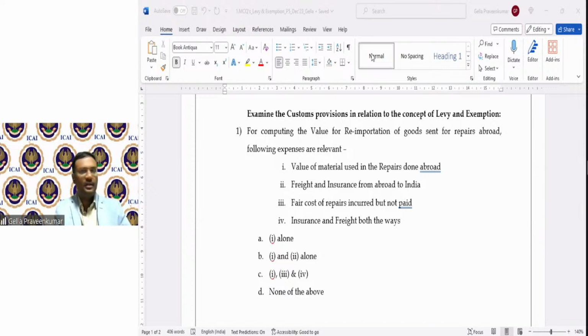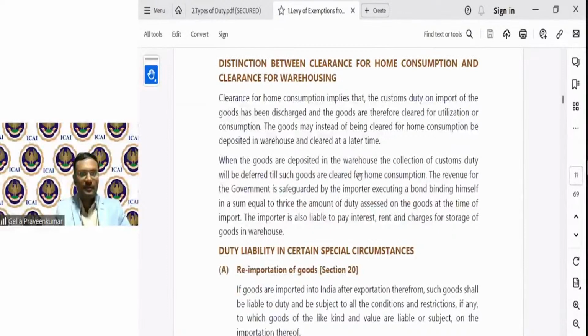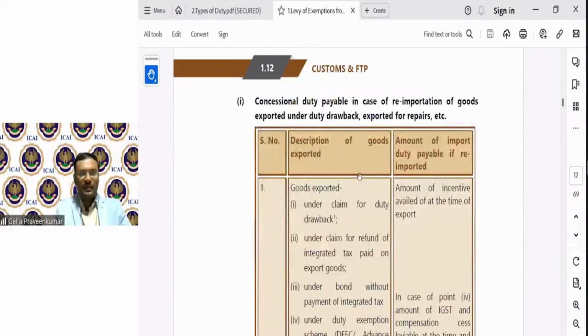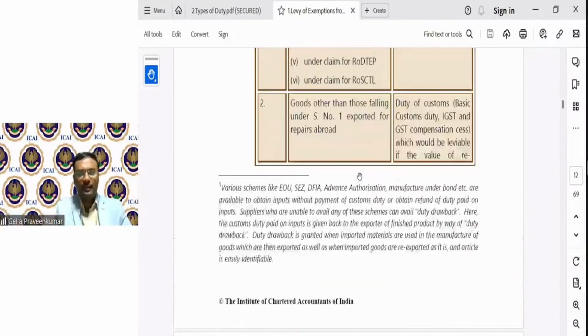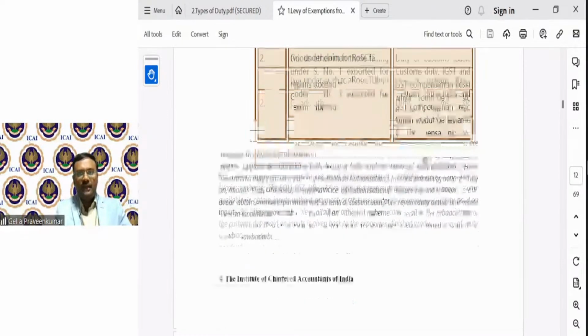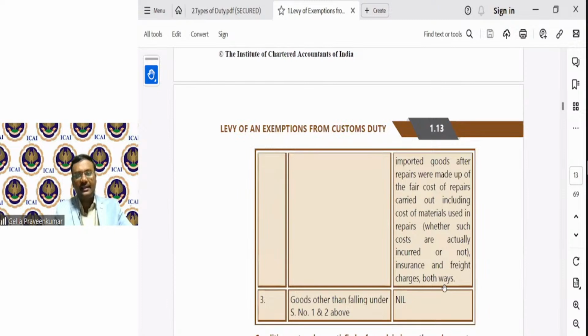Let me draw your attention to the respective page, page number 1.12. For goods other than serial number 1, the duty of customs leviable is on the value of reimported goods after repairs, made up of the fair cost of repairs carried out, including the cost of materials used in the repair, whether or not such costs are actually incurred, and insurance and freight charges both ways.